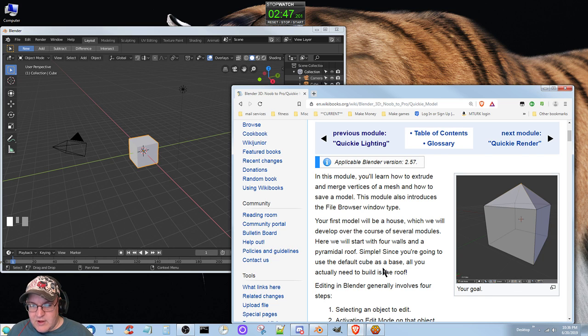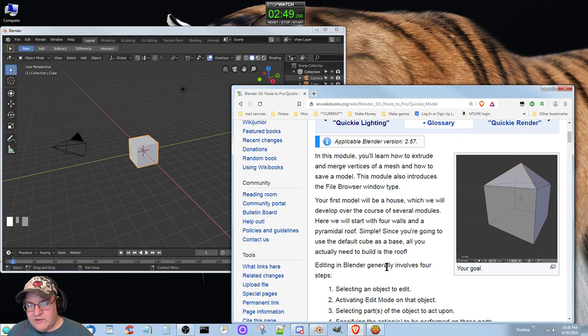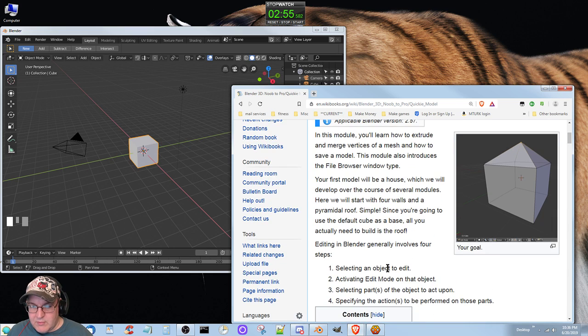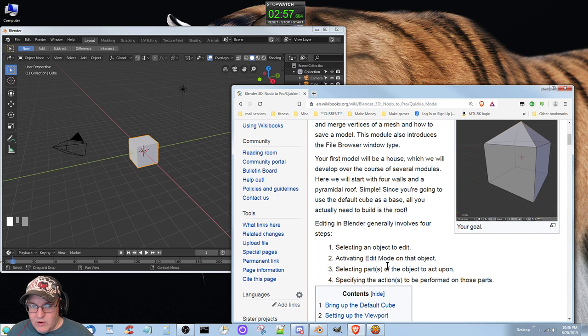Anyways, in this module, you learn how to extrude and merge vertices of a mesh and how to save a model. This module also introduces the file browser window type. Your first model will be a house, which we will develop over the course of several modules. We will start with four walls and a pyramidal roof. Simple. Since you're going to use the default cube as a base, all you actually need to build